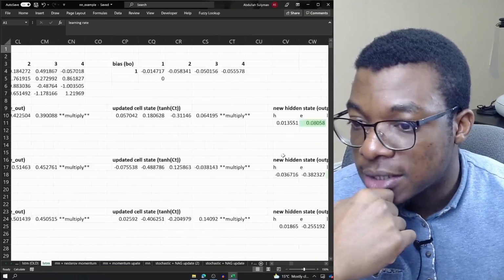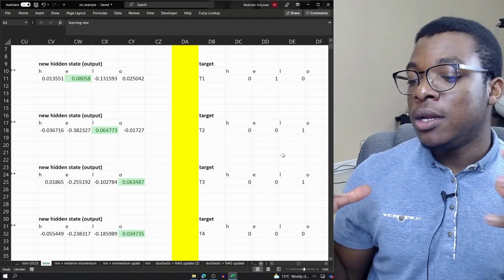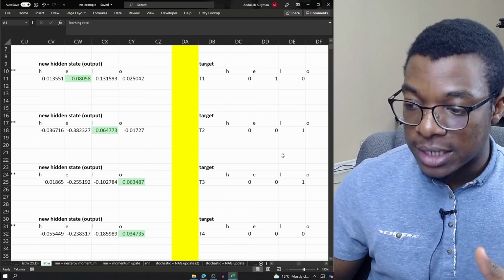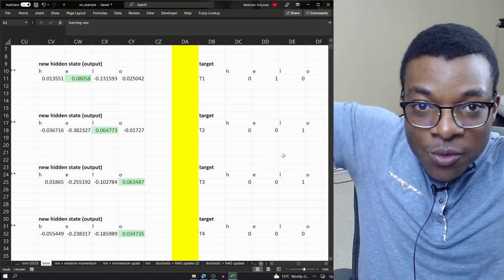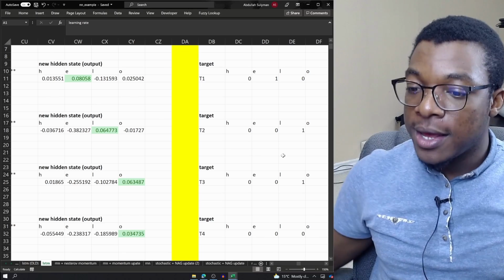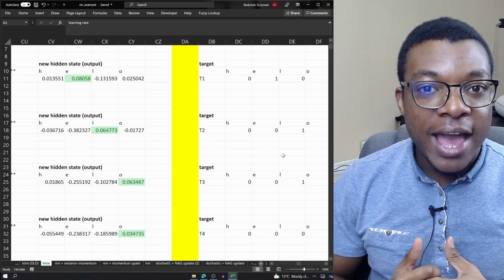So that's done. Tomorrow what we're going to do is we will implement Nesterov's momentum and momentum update for the LSTM, and then we'll be done with Excel. We'll go back into code this up in Lua, and then from there we'll hook it up to our tic-tac-toe game, and